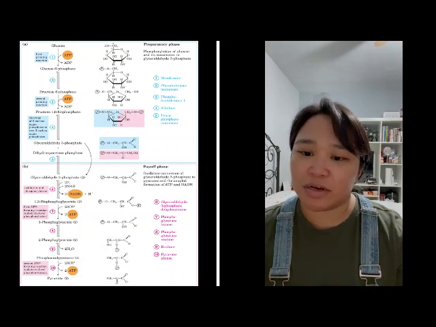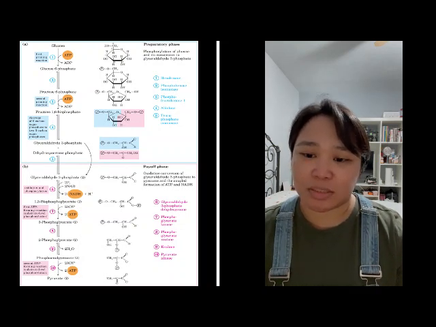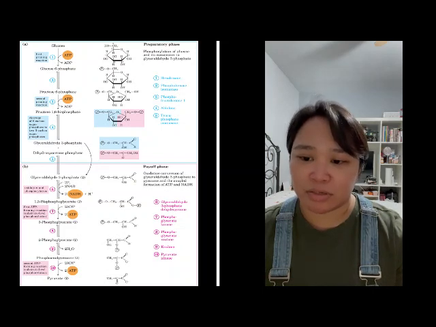In step 7, an enzyme called phosphoglycerate kinase forces the 1,3-biphosphoglycerate to donate a phosphate group to ADP, forming 1 molecule of ATP. The 1,3-biphosphoglycerate is oxidized to form 3-phosphoglycerate, and in step 8, phosphoglycerate mutase catalyzes the movement of the 3rd carbon to the 2nd carbon,